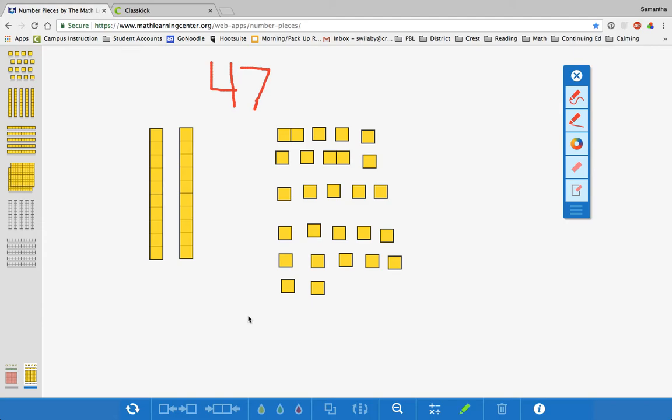Now that you have made yours, let's see if I can match that. I can then trade this 10 stick now. I'll break it apart into ones. So now I'm still having 47,